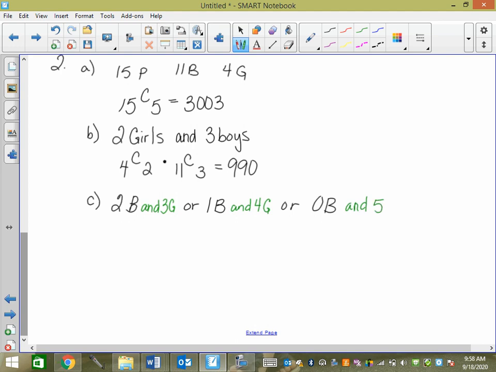So people will do this. Then I have 11 boys and 4 girls, so I'm going to go 11C2 times 4C3 plus 11C1 times 4C4 plus, we'll kick out the 0 case because I don't care about that,